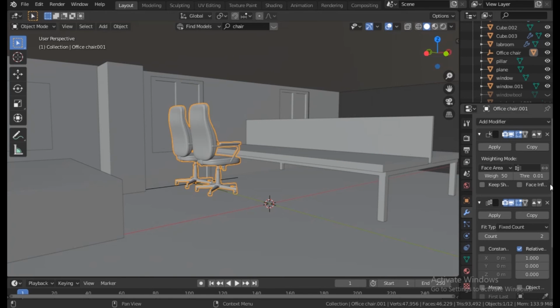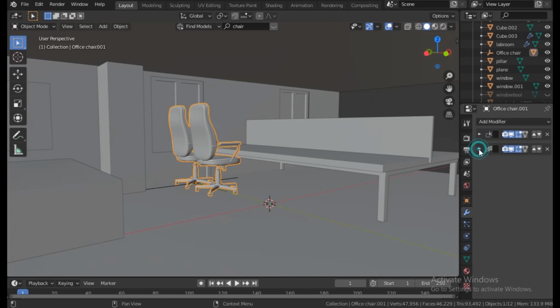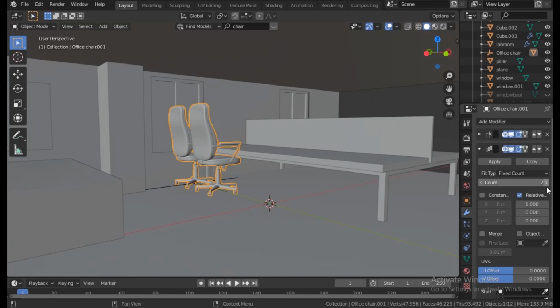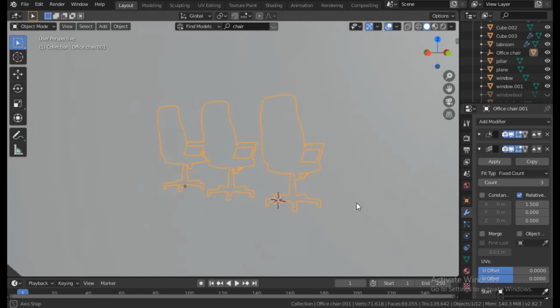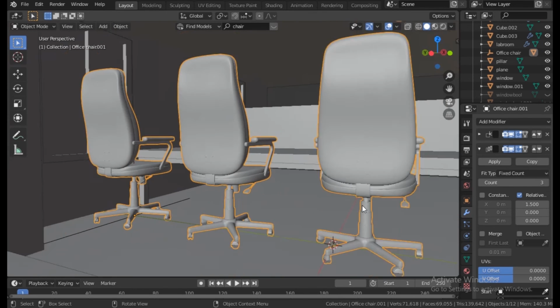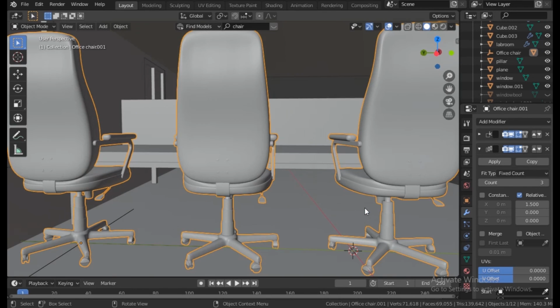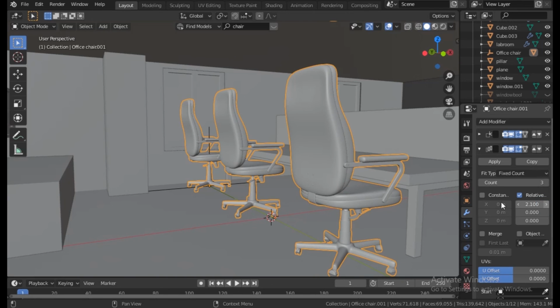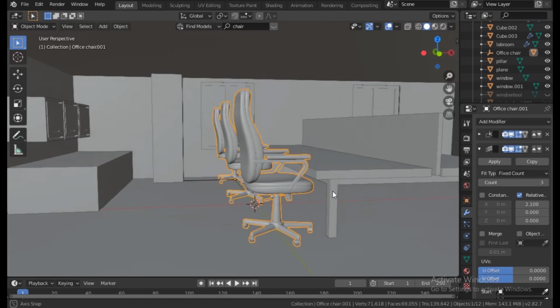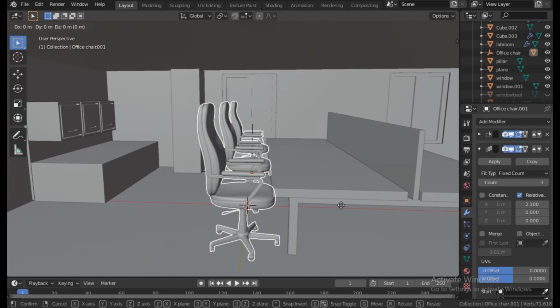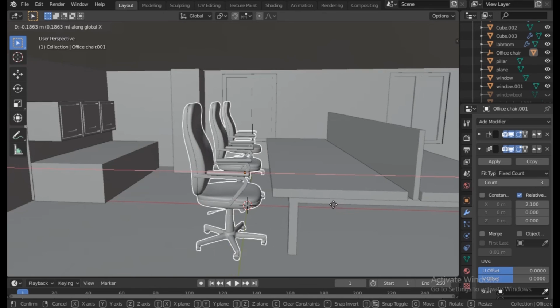Then what we want is we want 3 chairs, not a single chair. We want 3 chairs. So increase the count to 3. Increase the space between them so we can have the chair arranged properly. Exactly. Now I can still move it back. G on X axis. Let's move it back